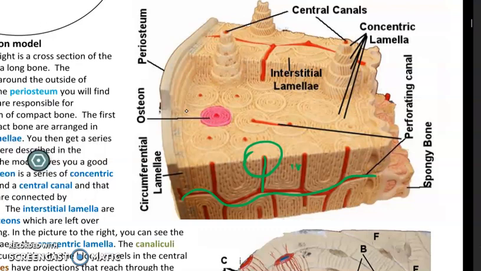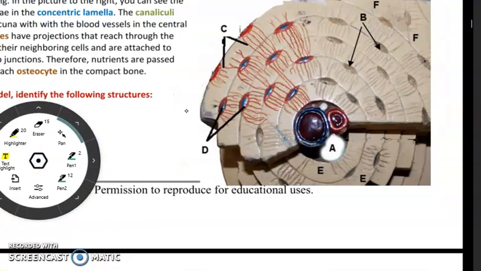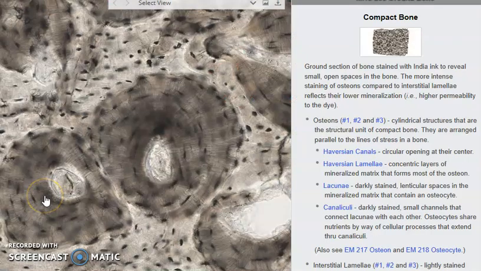And this slide right here is a zoomed in one. Here's the central canal right here. You can clearly see the canaliculi on this one. So like the other video for cartilage, I'm going to explain what to look for. On the page on Canvas, I say what I want you to draw. So this is two osteons right here, and they have a nice